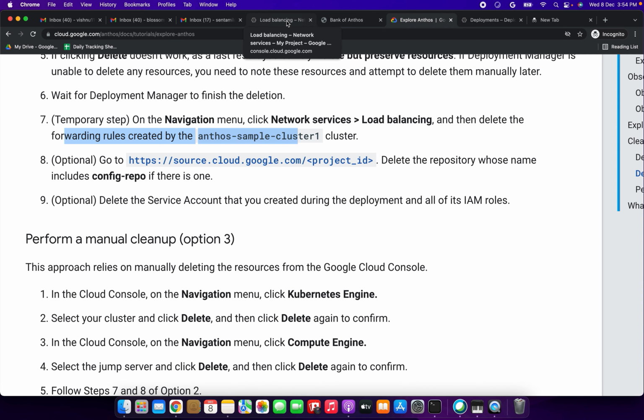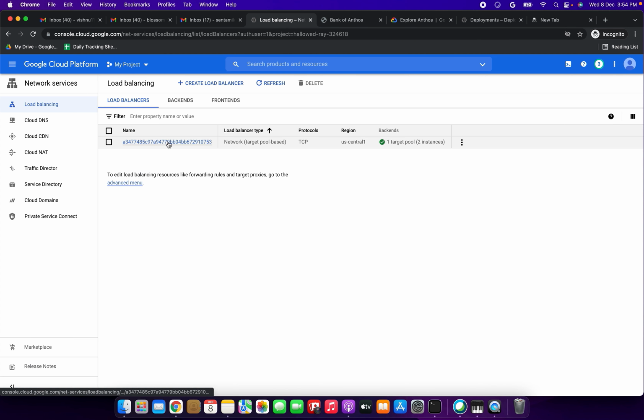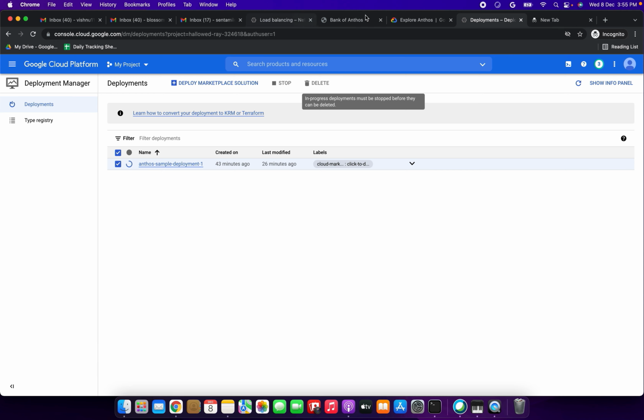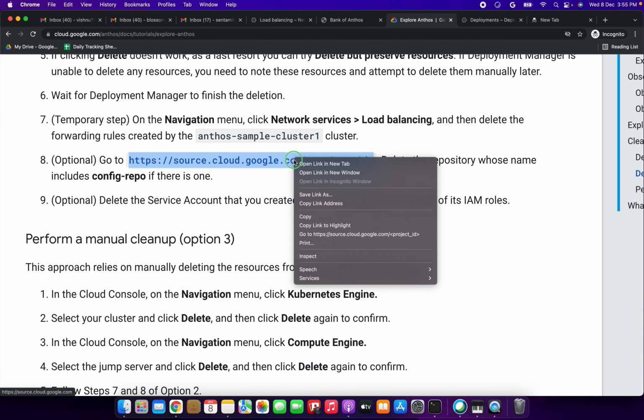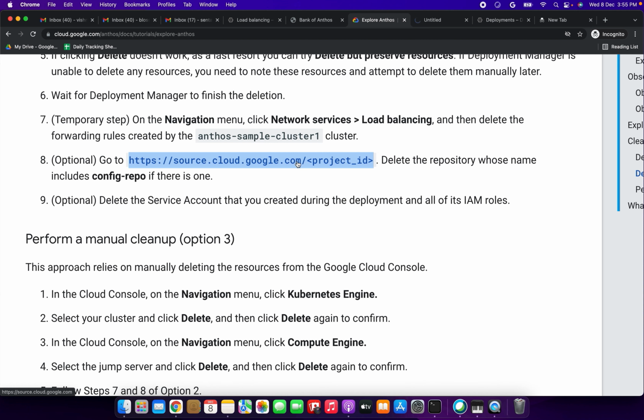Okay, forwarding rules created by that. So I'm not going to delete this one because it's not relevant, I think, but anyway we will be waiting for that one. Deployment manager, still it is being deleted, right? So let's wait for it. Now I'm going to do these steps. Go to source.cloud.google.com and we need to put this project ID. So I'm going to open in a new tab